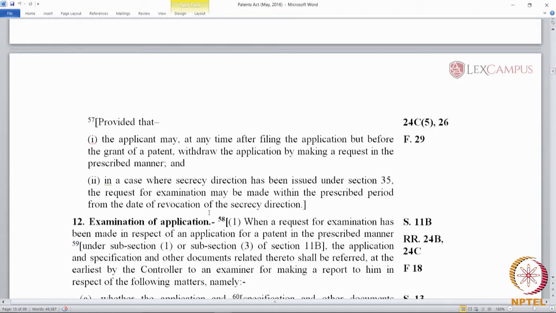Now, this prescribed period is also mentioned in Rule 24B. Rule 24B(1)(3). Again, try to understand this. The request for examination as a rule has to be made within 48 months. When the 48 months starts is what you need to understand. It starts from the priority date. If there is a priority document, it may start from the date of filing the application. If that is the first disclosure, it may start from the date of revocation of the secrecy direction, that is what is mentioned in